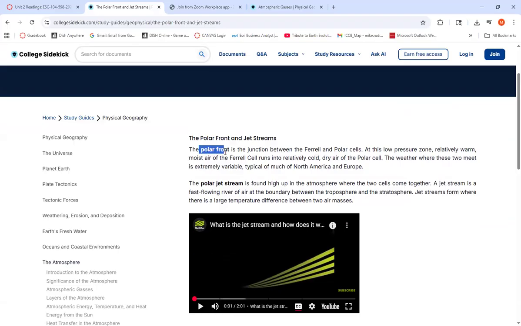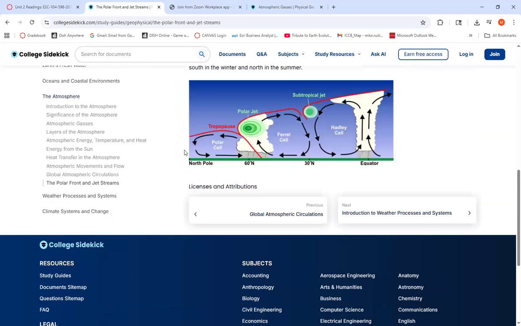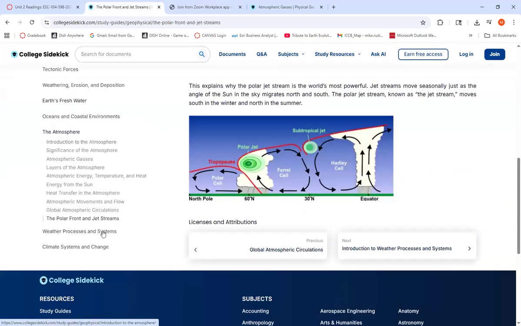So one is the polar jet stream over the United States, whereas at the equator we have the monsoon seasons, showing how these air pressure systems do migrate and are seasonal in nature, and how in certain regions around the world the air pressure changes by time of year. So I'm going to stop there and wait to go over the weather processes